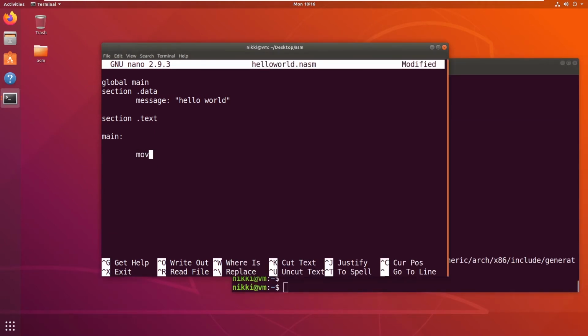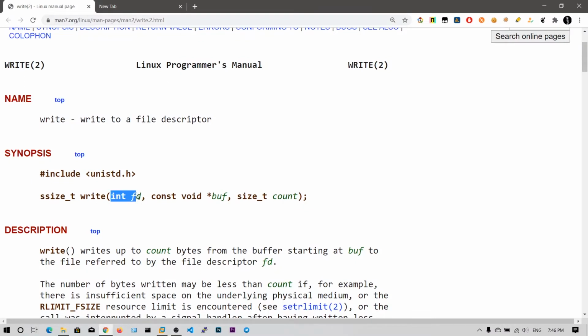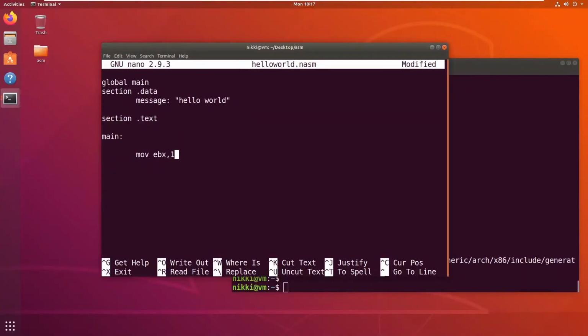First let me write the arguments. EBX is the first argument. We need to store the file descriptor in EBX, which is 1, because 0 is for standard input and 1 is for standard output. In a similar manner, I want to copy the message pointer to ECX.